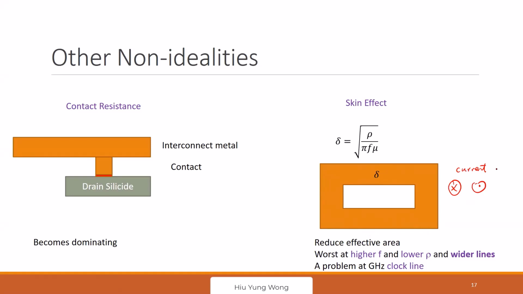If you reduce your wire width, the capacitance doesn't reduce much, but the resistance goes up. But on the other hand, because this part is not being used at high frequency, maybe it's okay, not as bad as what we expect, right? But these are something you need to pay attention to when you design your circuit,